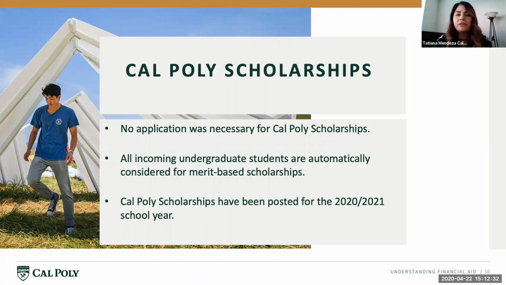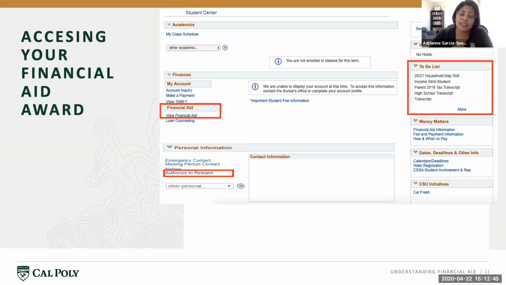Awesome. We talked about the different types of student aid, but how is a student able to see their award on their student portal? There are lots of different ways to get to your financial aid package. One way is to go through the Money Matters tab in the portal. You'll click the Money Matters tab, and then you can click View My Financial Aid. Another way you can get to it is by going to the student portal and then clicking on your Student Center on the left-hand side. That opens up the screen I'm showing you now.